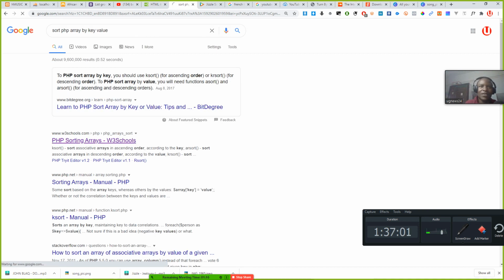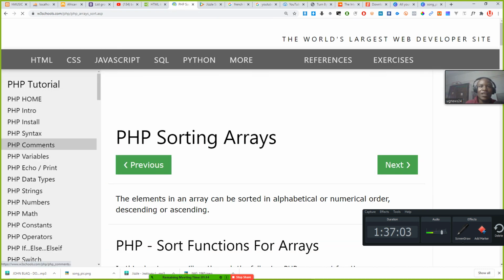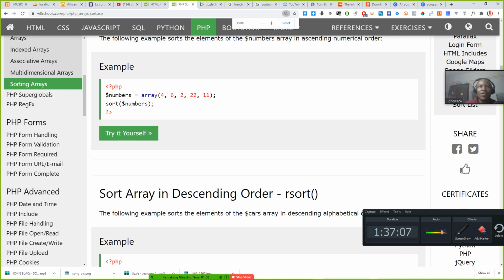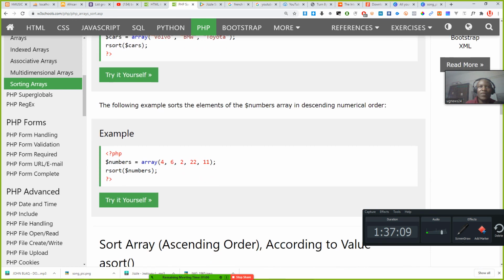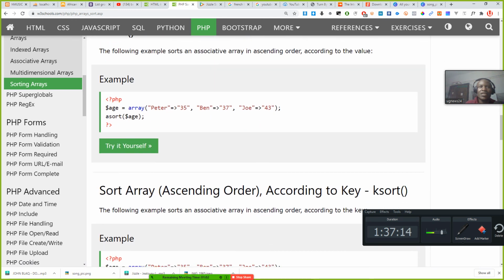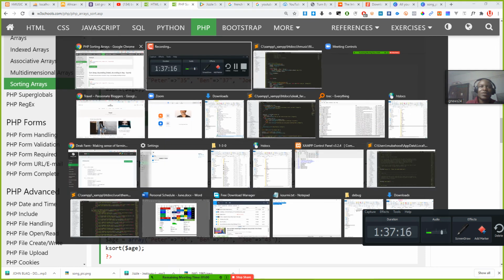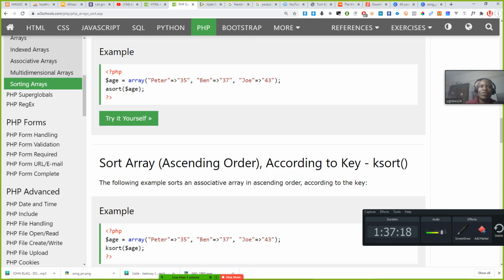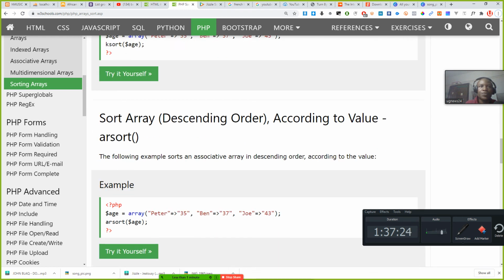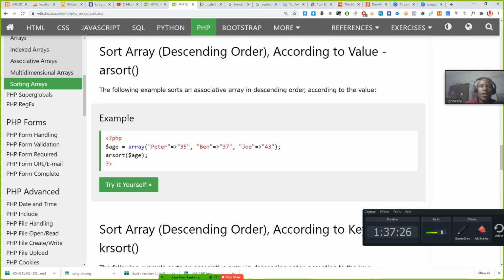It's a bit complicated. Array key sort. So let's see how we can sort an array by a specific key value. We have array sort. If we sort like this, we just sort according to the key value, but I want to sort according to the number of views. So how do you specify that? That's what I want to see here. Array sort,